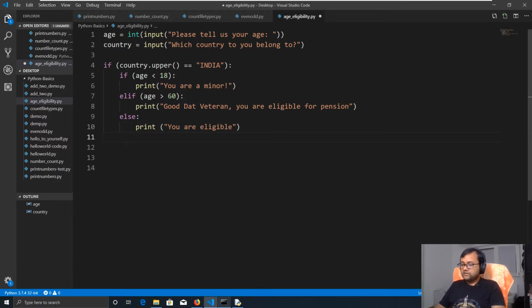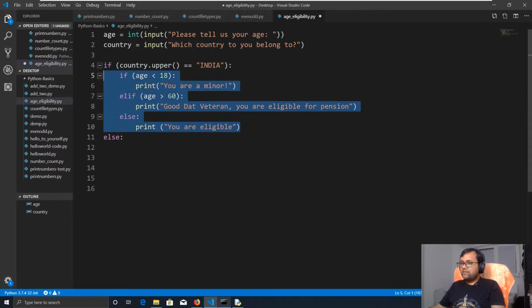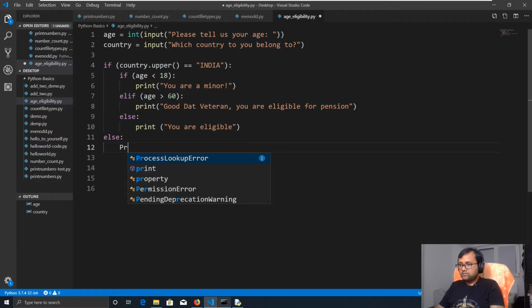And so if the country is not India, if the person is not Indian, I always do that, but okay, that's not going to help us. So you see the IDE somehow recognized it wrong and put it in the wrong spot, so I just deleted the space that was put in. So if this statement turns out to be false, this entire block will be skipped, and we will come directly here, and there we will print out